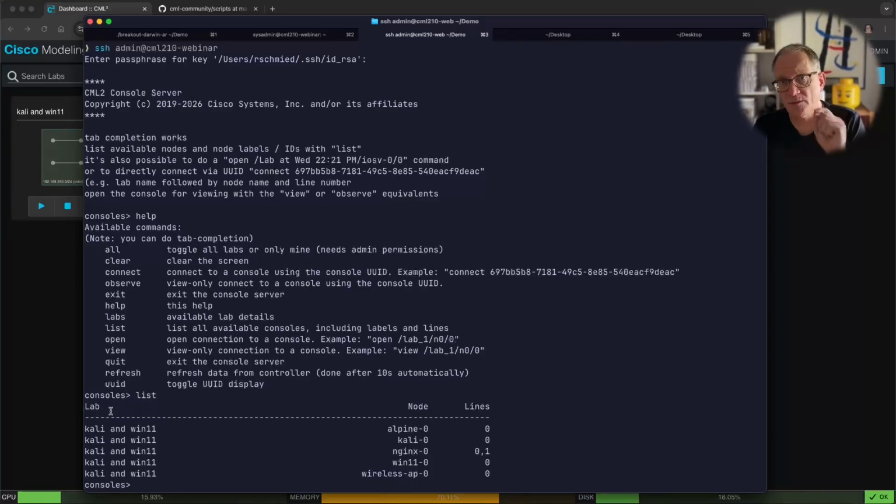And these are the labs that I have access to, right? So I see there is the lab, Kali and Win11, and there's a couple of nodes in here, and you see that there are also lines associated with those nodes. And you see that there is Nginx, which has 2 lines, and then there is Alpine and all the rest that have just 1 line, and a line is basically the serial port of that device. Now I can do open, and the